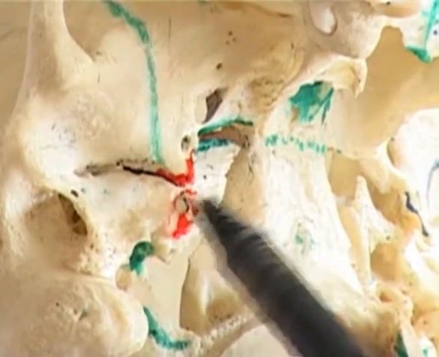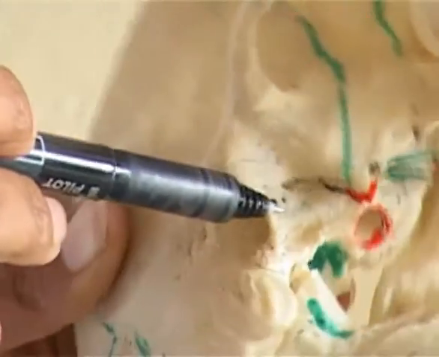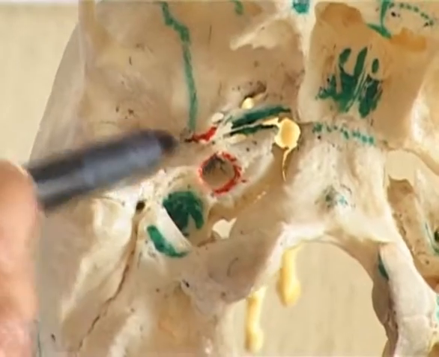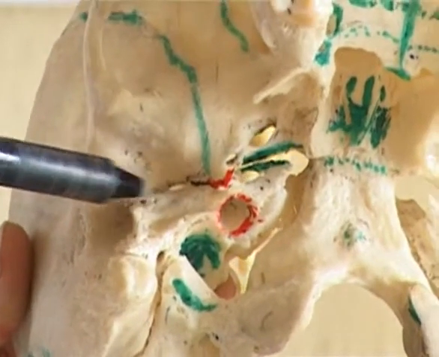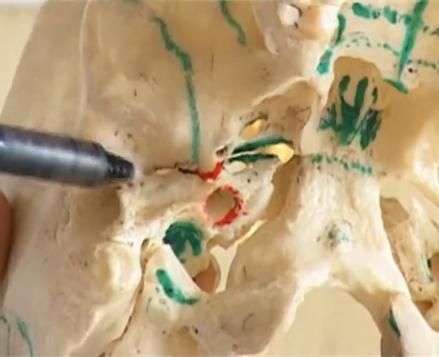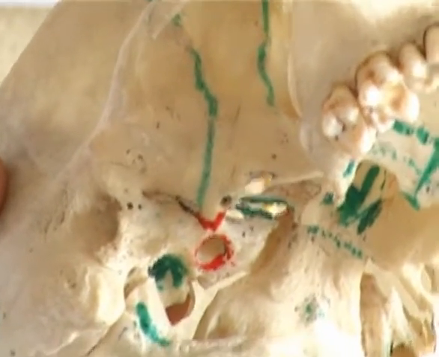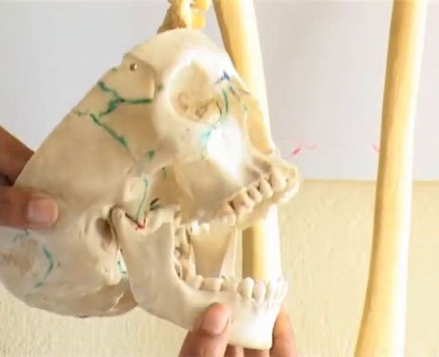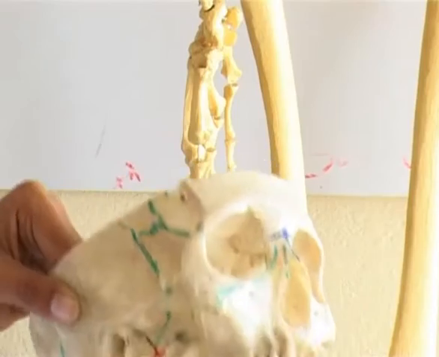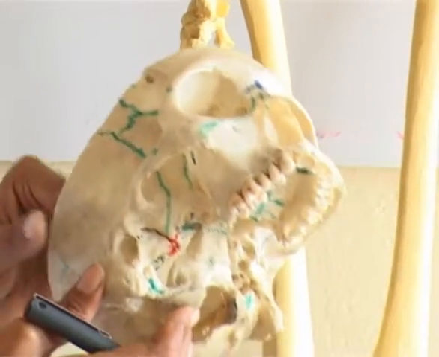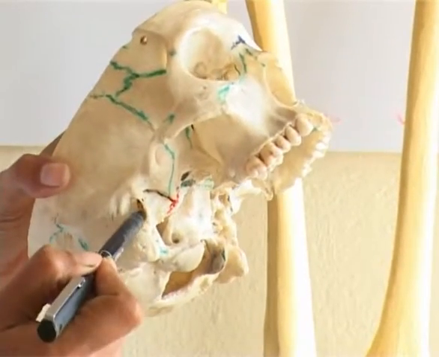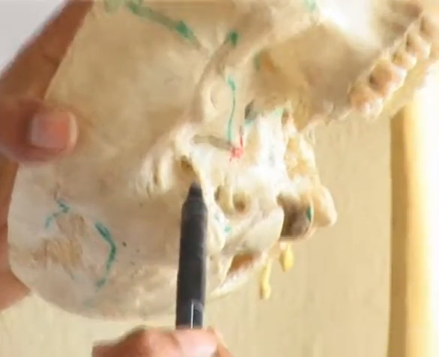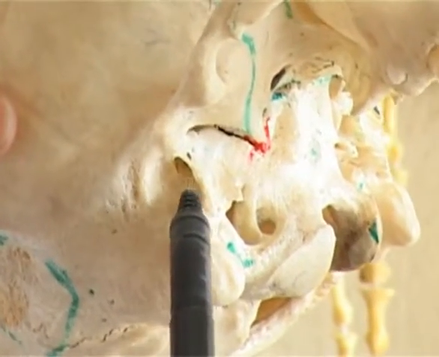The tympanic plate. It lies between the squamous and petrous parts of the temporal bone. Its anterior surface forms part of the mandibular fossa, which forms the mobile joint, the temporomandibular joint. The posterior surface of the tympanic plate forms most of the wall of the bony external auditory meatus.